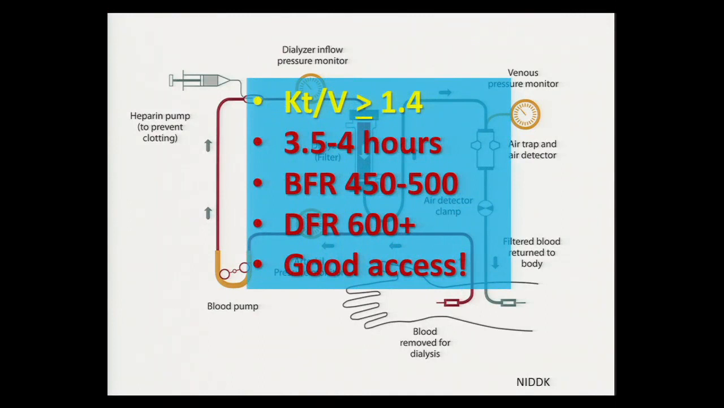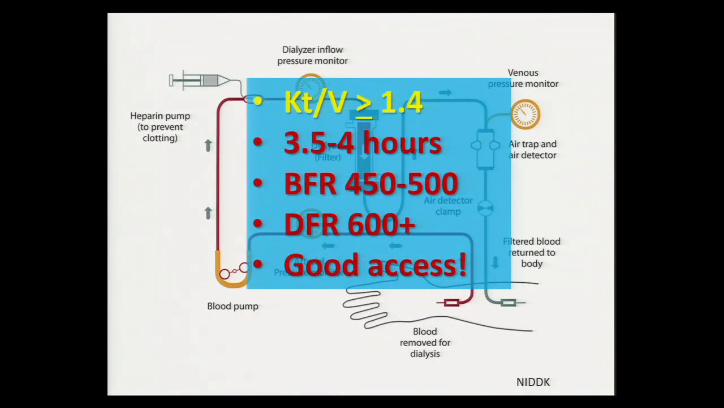What is Kt/V? That is basically clearance times time divided by volume of distribution of urea. So, if you have a large person, for example, if you have a large denominator, you have to administer more dialysis to accomplish this ratio. So you have to either increase the time or increase the efficiency, the clearance. And the typical time that we use is 3.5 to 4 hours, blood flow rate of 450 to 500,